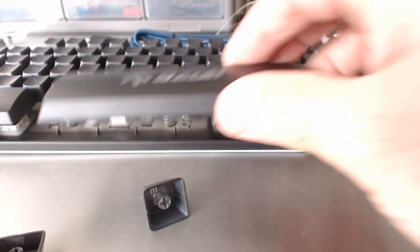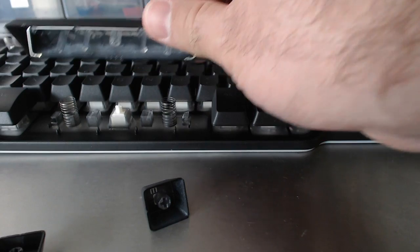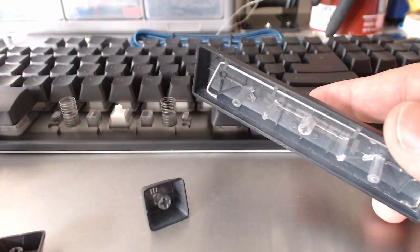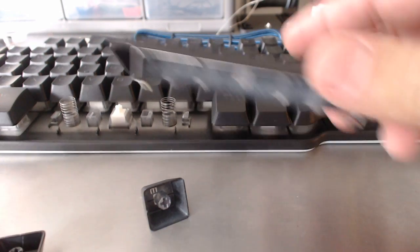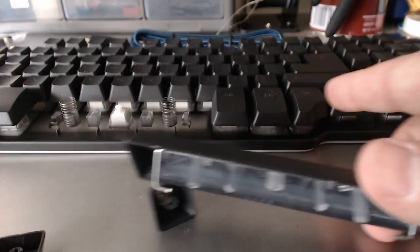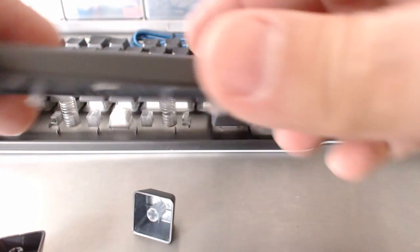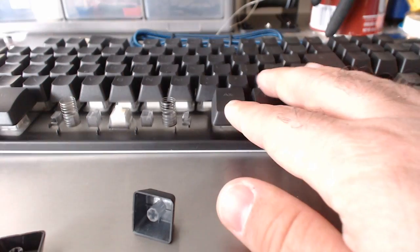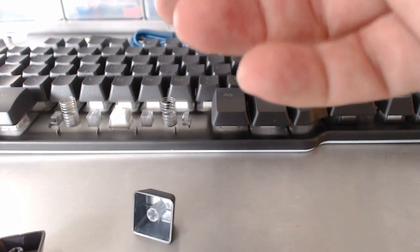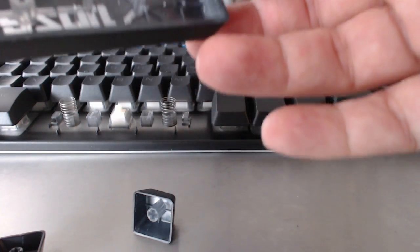So what I mean by a standard bottom row is that the bottom rows can have a standard size, which is 1.25, 1.25, 1.25, a 6 1/4 space bar, 1.25, 1.25, 1.25, 1.25. So three 1.25s on that side, a 6.25 space bar, and four 1.25s on this side. That means you can easily find a replacement keycap set for this. This is quite a bit different. This big ass space bar,